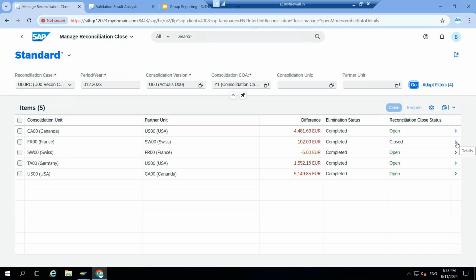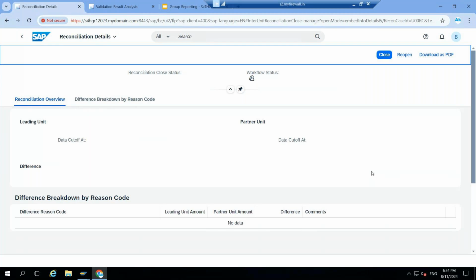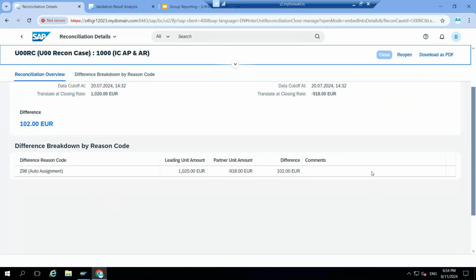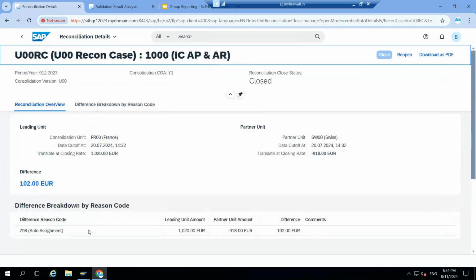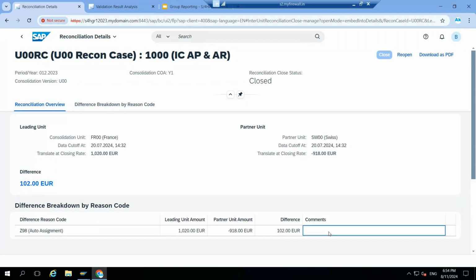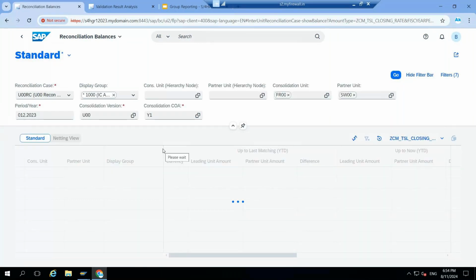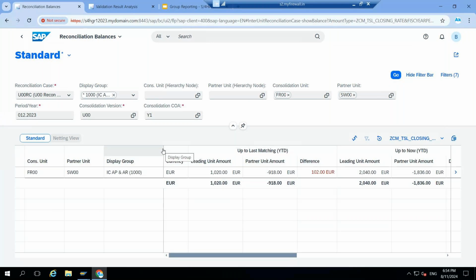For example, I want to see why this 102 difference came. I can open this. Now you can see the reasons for the differences. This is the reason for the differences. I can even update the comments, whatever I want. When I click on the difference, it drills down to the details. Now consolidation unit, partner unit, what is the leading amount, what is the partner amount,